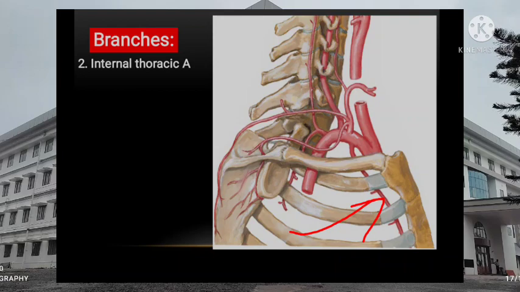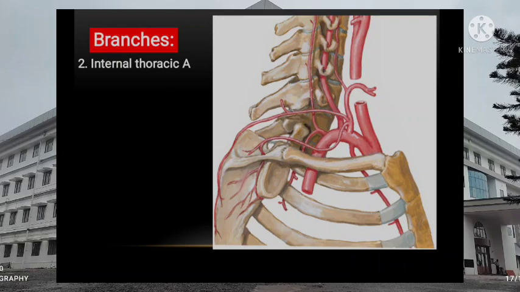Next, the internal thoracic artery. The internal thoracic artery, which is otherwise called the mammary artery, arises from the inferior surface of the first part of the subclavian artery, opposite to the origin of the thyrocervical trunk and about 2 cm above the sternal end of the clavicle. The artery runs downwards and medially